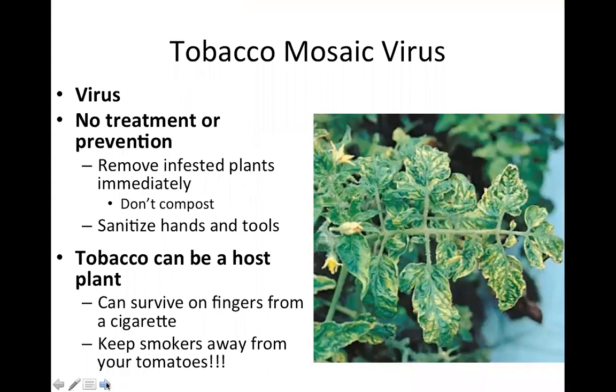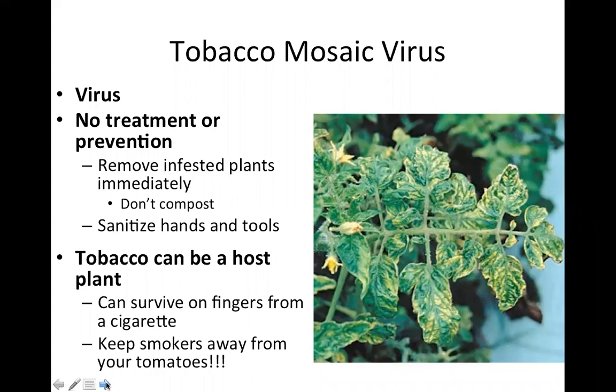The tobacco mosaic virus. This is one of the more beautiful viruses. It starts on tobacco plants and actually survives the whole process of being dried out and rolled into cigarettes, and then people smoke cigarettes with it, the tobacco is infected, and then they flick the cigarette into the garden, and that could actually give you the virus. So that's why you want to keep smokers out of your garden,